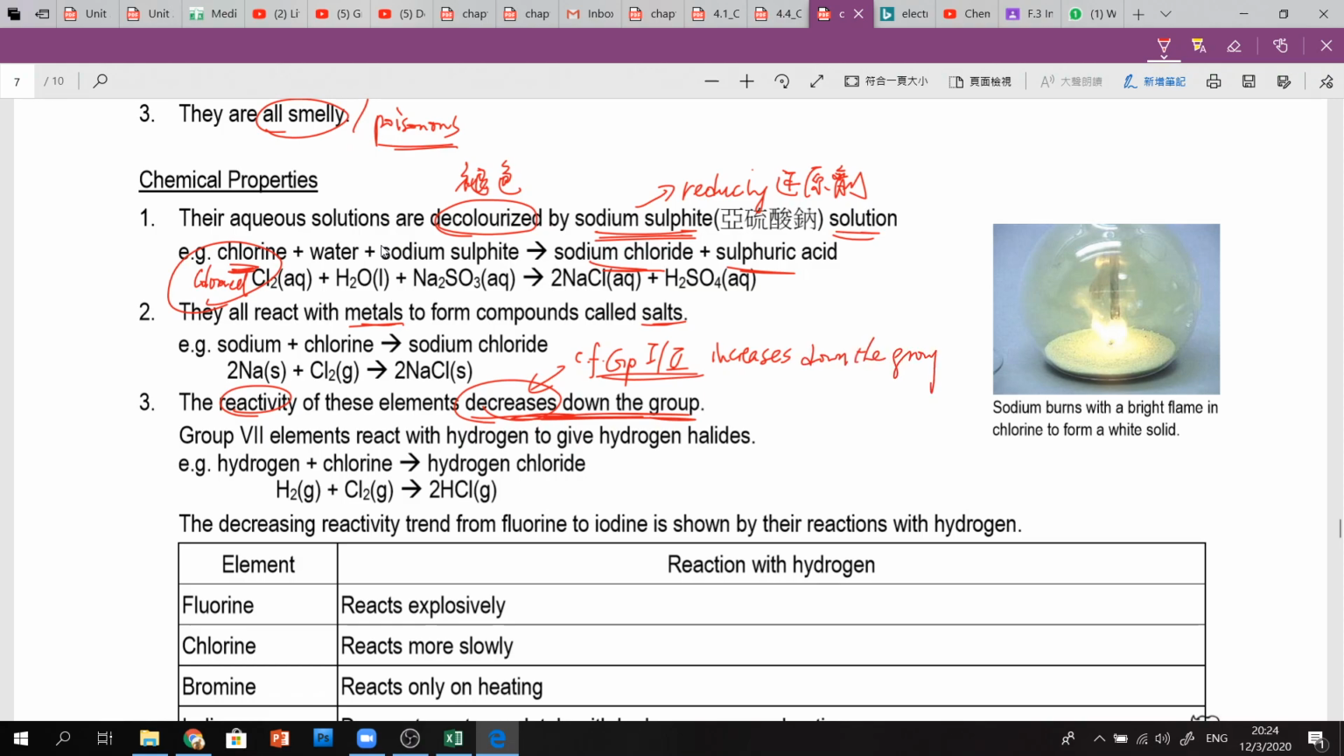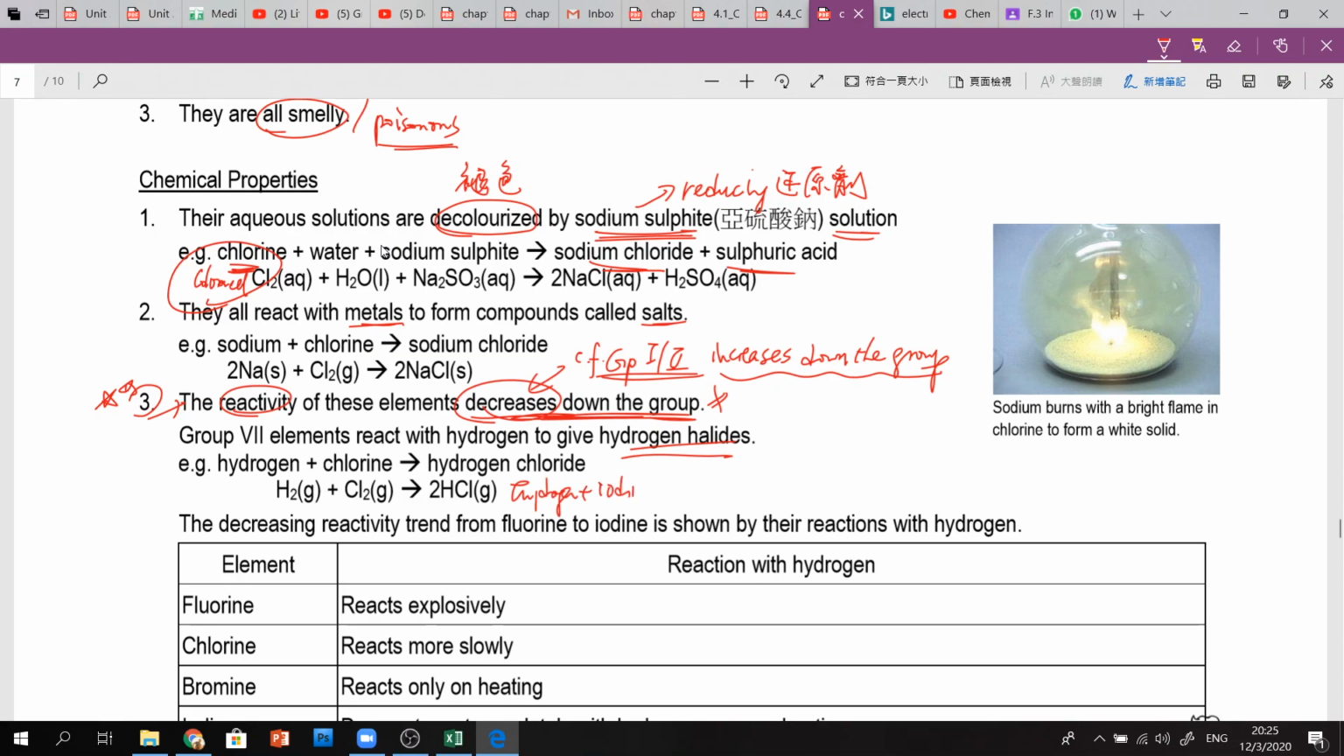So this is what I would like to remind you. These two, they are different. Now, they will react with hydrogen to give hydrogen halide. This is one of the sentences, right? This is very, very important about this saying. Hydrogen reacts with chlorine to form hydrogen chloride, or you will want to have hydrogen